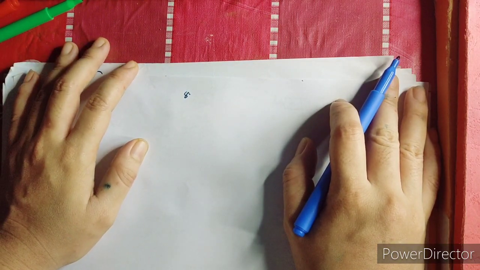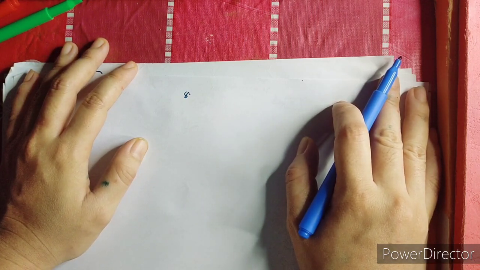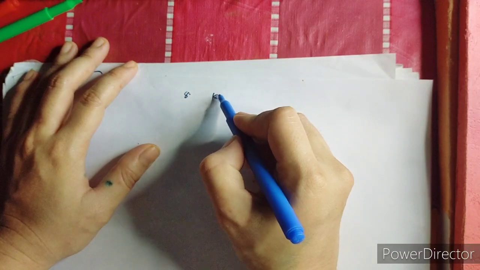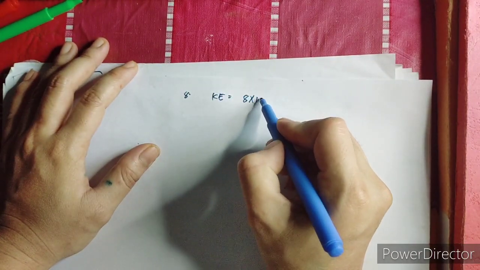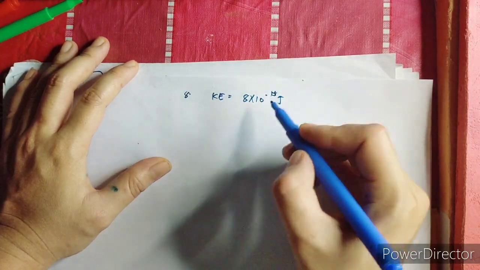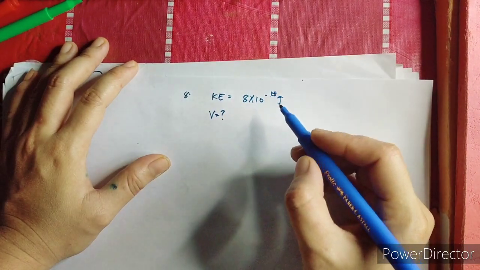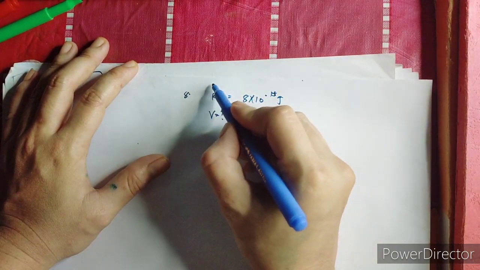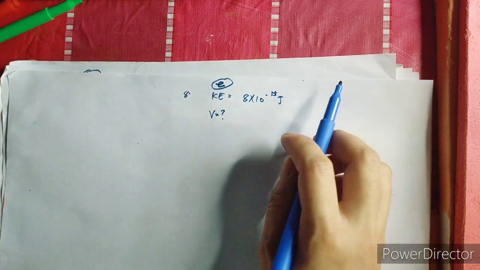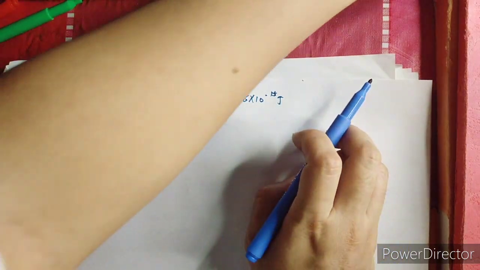Okay. So, determine the magnitude of the voltage required to accelerate an electron to a kinetic energy of 8 times 10 to the negative 15 joules. So, meron ka daw kinetic energy na 8 times 10 to the negative 15 joules. So, determine the magnitude of voltage. Tinatanong, magnitude of voltage required to accelerate an electron. Okay? So, inulit ko lang. So, i-define muna natin yung